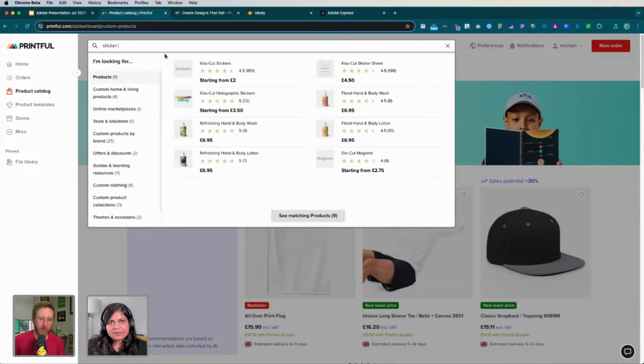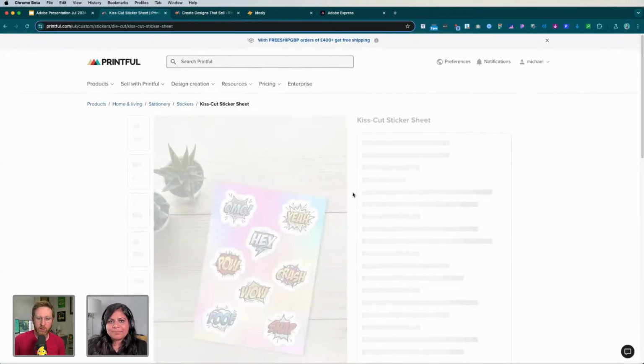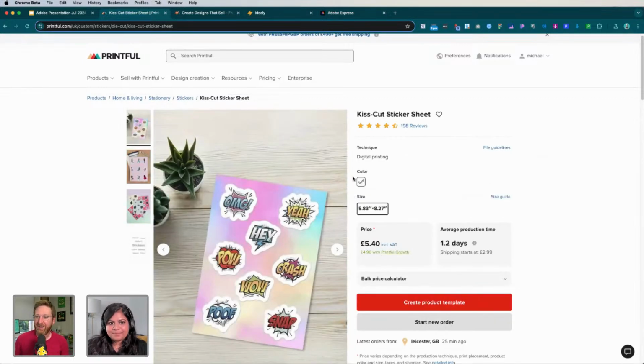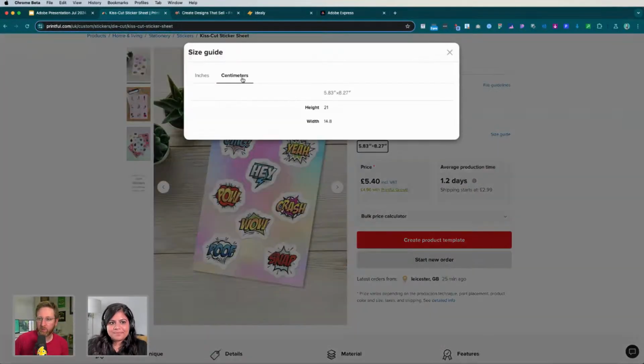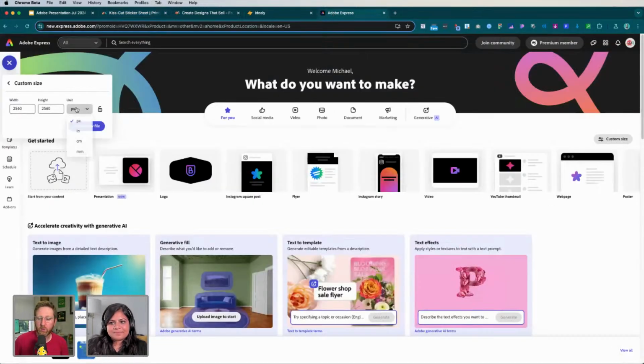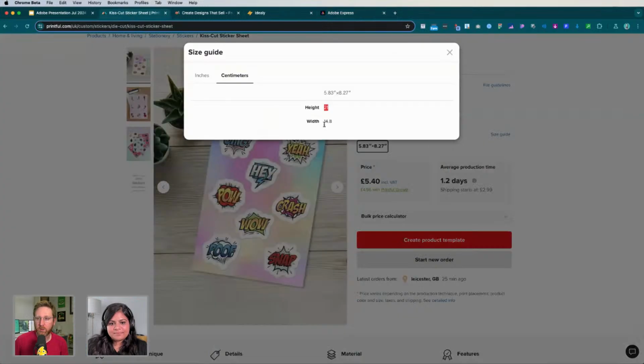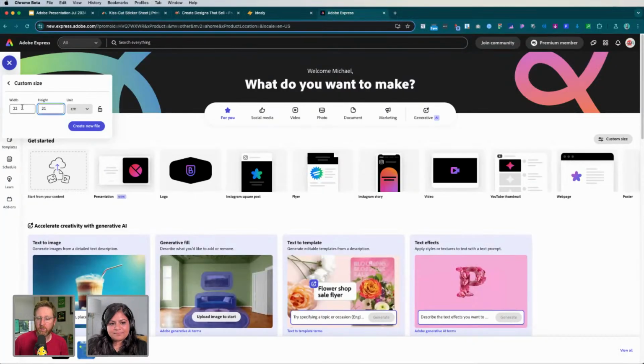You can see these are pretty cheap products to get started with Printful. If you didn't want to go straight in with t-shirts and stuff, you can start with some pretty cheap products like stickers. So this is 21 centimeters high by 14.8.